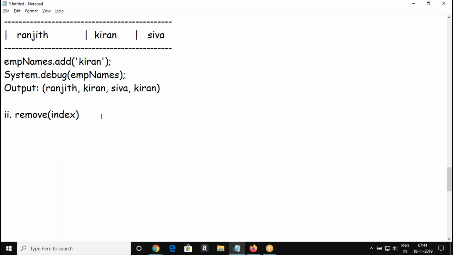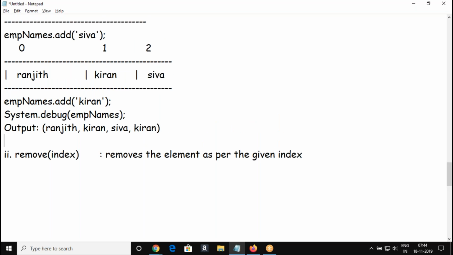So here it removes the element as per the given index. Okay, suppose I would like to remove the name Kiran. Kiran is at index 1. So what I'm going to do? empNames dot remove 1. Now if you display the list,